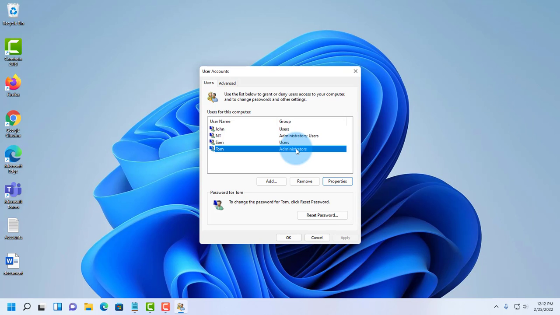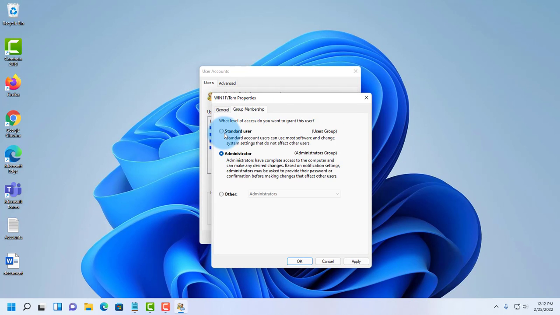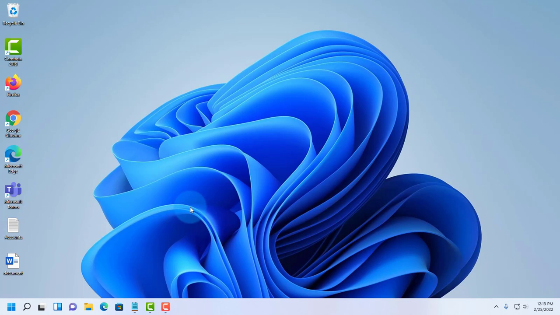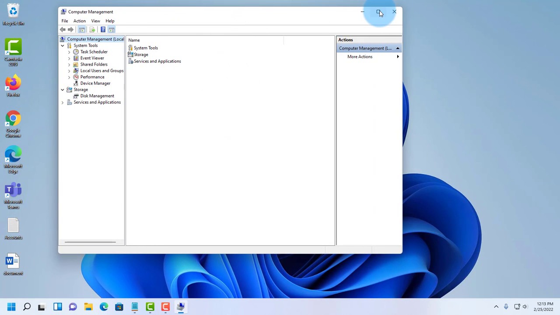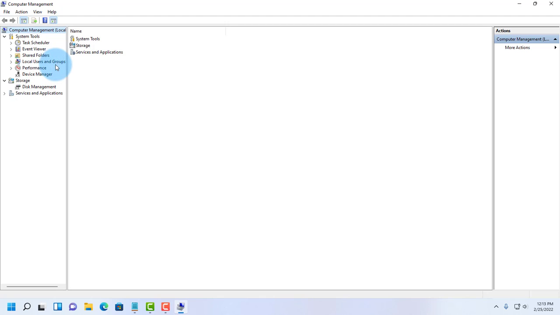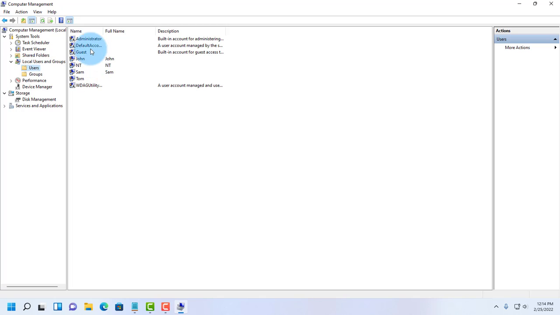And if I don't want him to be administrator, I just need to click on properties, group membership, click on standard user, click apply, click OK. Now another way that you can create users in Windows 11, just right click on the start menu, click on computer management, and on the left side there's local users and groups. Click on the forward arrow here, and there's users and groups. I'll click on users, and I can also see a list of all the users